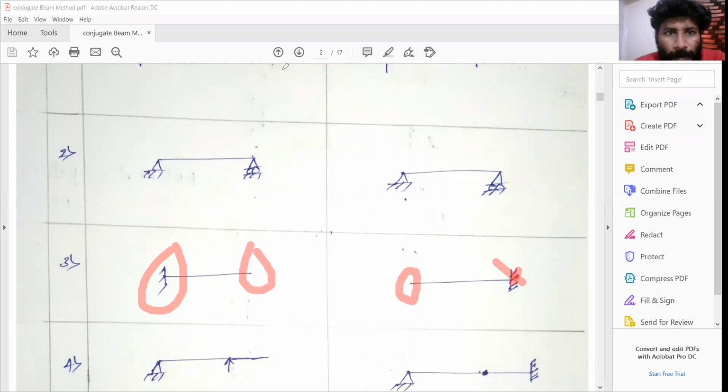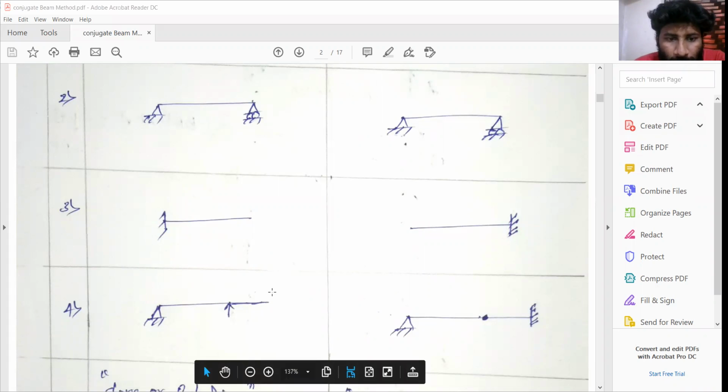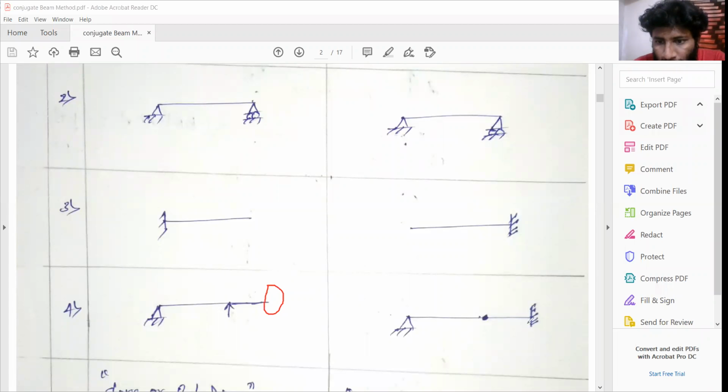Again, I have given one more beam as an example. Here you can see a hinge support, a simple support and a free end. The same beam is written here, but with the conjugate supports replacing them. All these real, actual supports are replaced by conjugate supports. The hinge support will remain a hinge support. Since we have a free end here, this will become a simple support. The simple support will become an internal hinge, and this free end will become a fixed end.